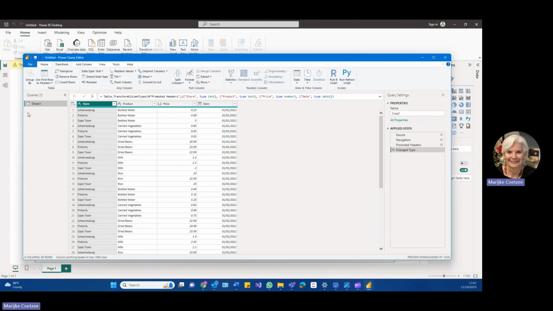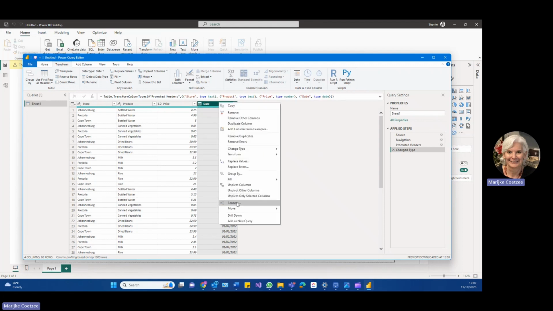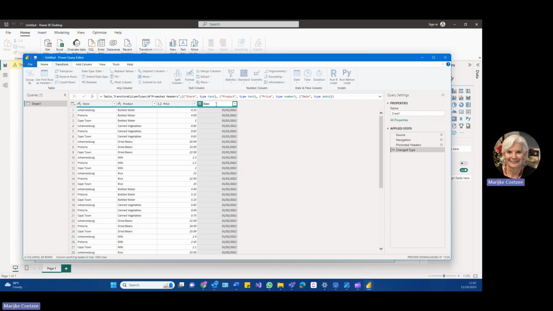Here is transform. If the first row is not the header, I can change that in here. I can do pivoting, splitting columns. If you split columns, you can change it according to certain criteria and so on. But for now, all that I want to do is, the date is not really a good name for a header. I want to change the date by using the rename option, and I'm going to be calling this